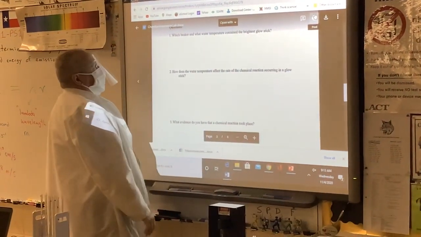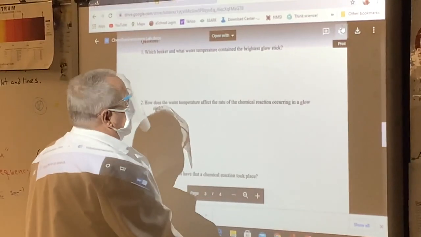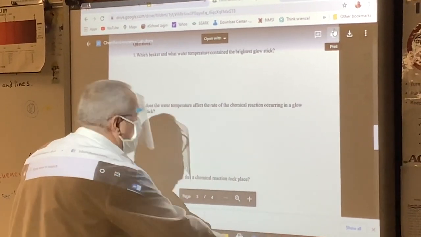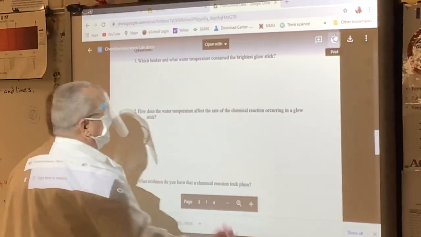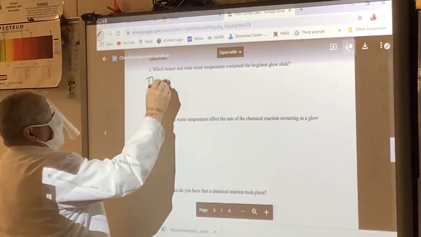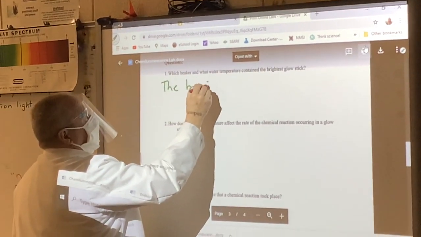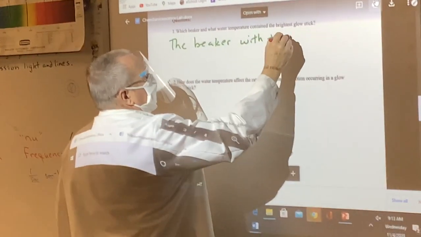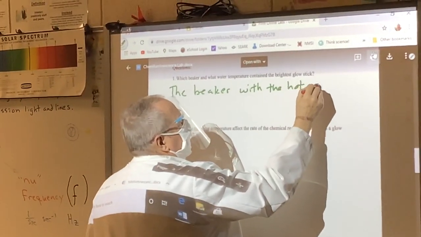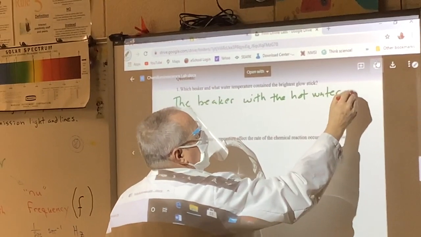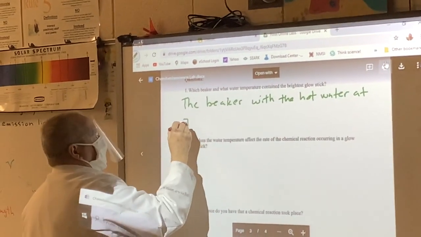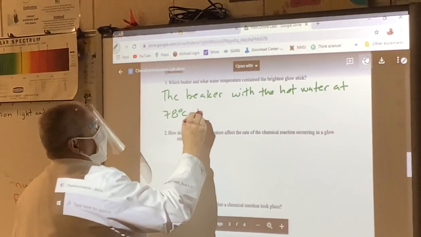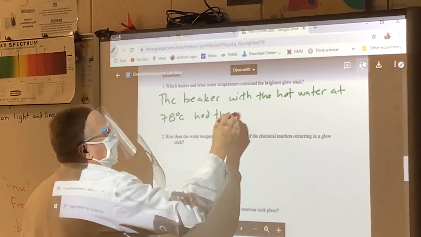So, which beaker contained the water temperatures? What beaker and what water temperature contained the brightest glow stick? I'll do it this way. The beaker with the hot water at, what was it, 78 degrees Celsius had the glow stick